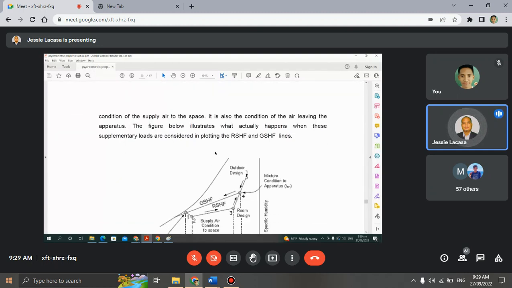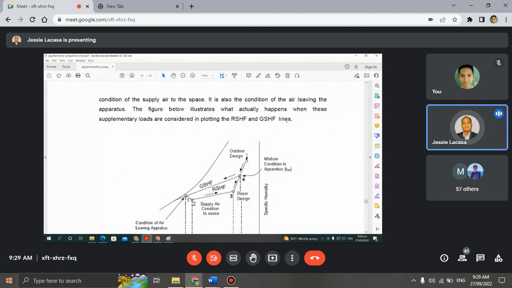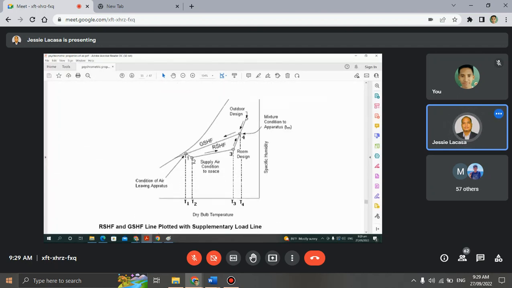So the figure below illustrates what actually happens when these supplementary loads are considered. So in plotting the RSHF and GSHF lines,